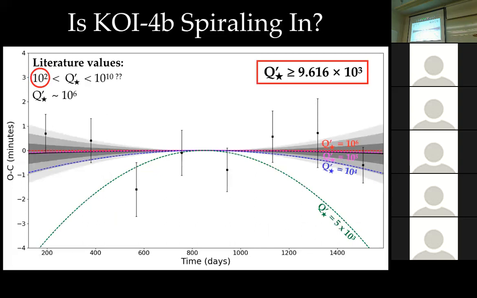And I just want to take a moment to emphasize the importance of this, because this is the first time observationally we've ever been able to put any sort of constraint on this tidal quality factor in more evolved stars. And I also want to draw your focus over here. We've effectively ruled out 2 orders of magnitude for this tidal quality factor. And KOI4 is bright enough with deep enough transits that it can be observed from the ground, so you can extend that baseline and potentially get a better handle on this period decay, and thus the tidal quality factor in more evolved stars.